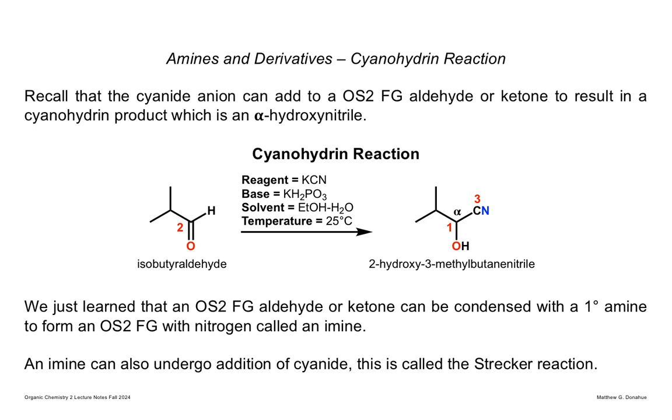So we saw that oxidation state 2 functional groups, aldehydes and ketones, can add weak nucleophiles, and one of them was potassium cyanide in the presence of a base under biphasic conditions. Again, the cyanide adds to the carbonyl, and then we get this alpha hydroxy nitrile. The important thing about that was the sp hybridized carbon of the nitrile is equivalent